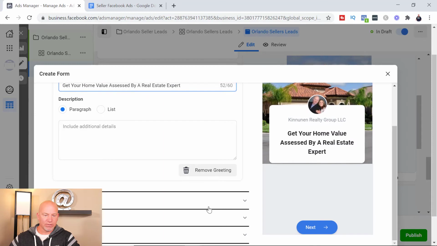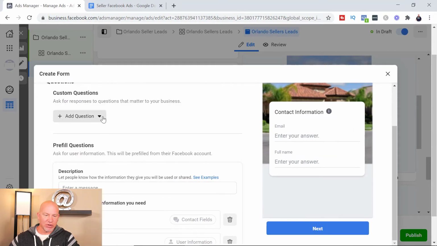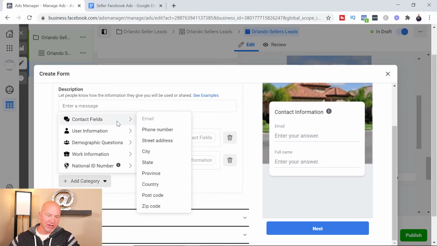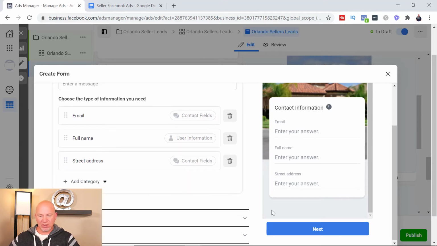Okay. And then for the question, you have to add a question here. What I do is you can either do it by add a category, and you go with street address so that it actually auto populates from what Facebook has. And then, as they click next, you'll gather their information, and then you can set up a zap from Zapier